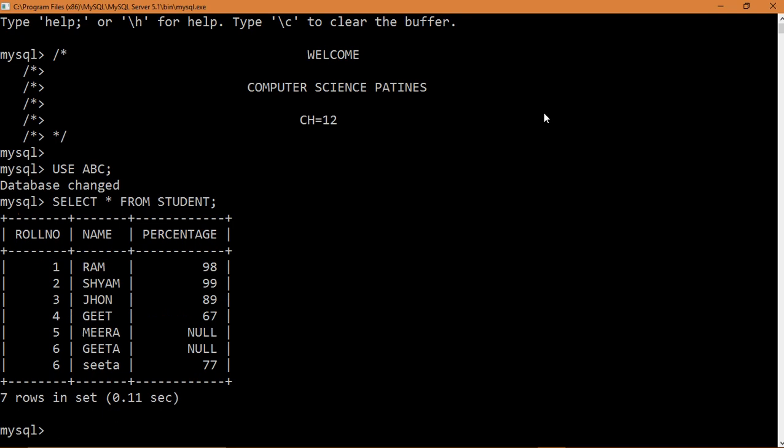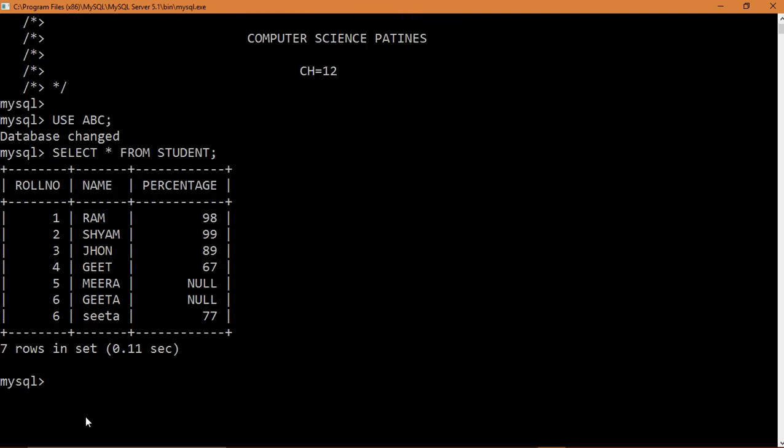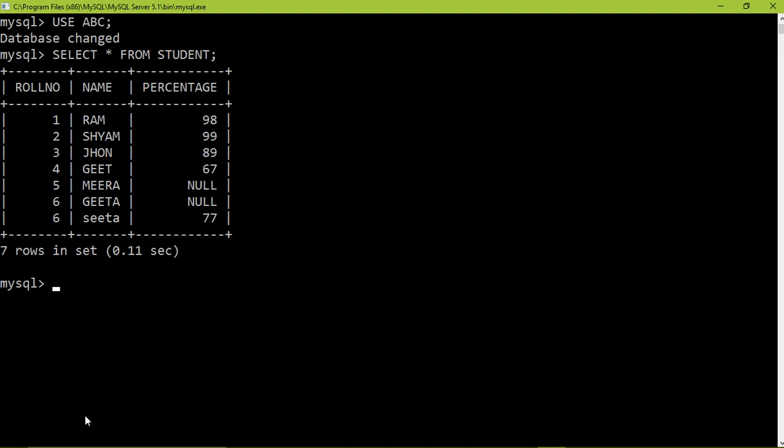Fine. Now see, one extra line I have inserted in it, which has created duplicacy of the roll number, value 6 Sita 77. Okay, why did I insert the same value of roll number again? Just to prove something, because I am going to implement two operators now, and that will help us to take out a proper answer for the query. Okay, so next query is related to your OR operator. How to write it?